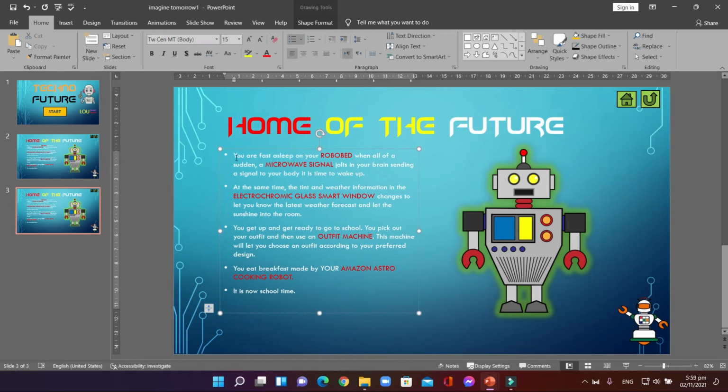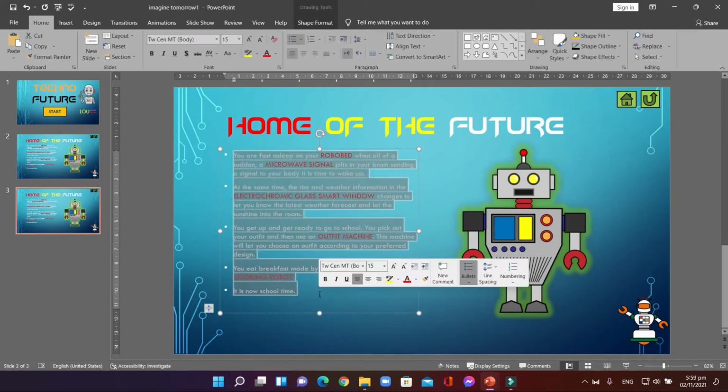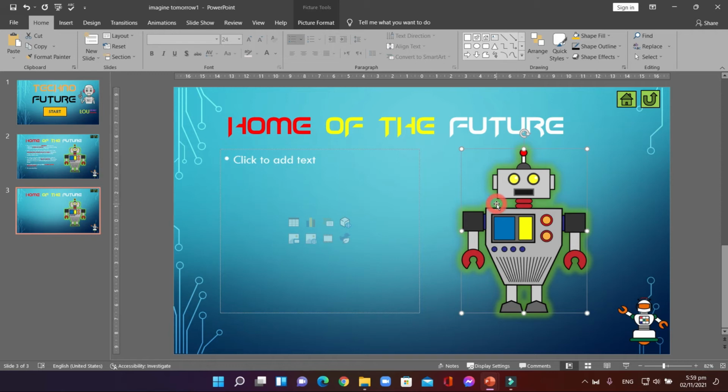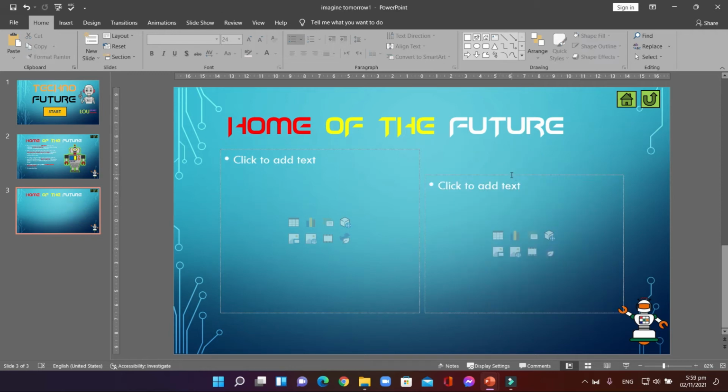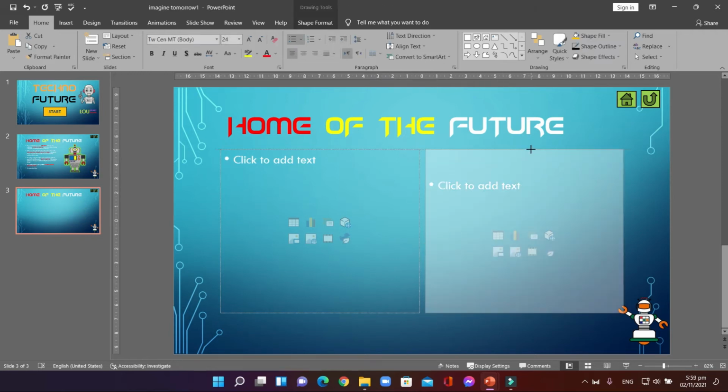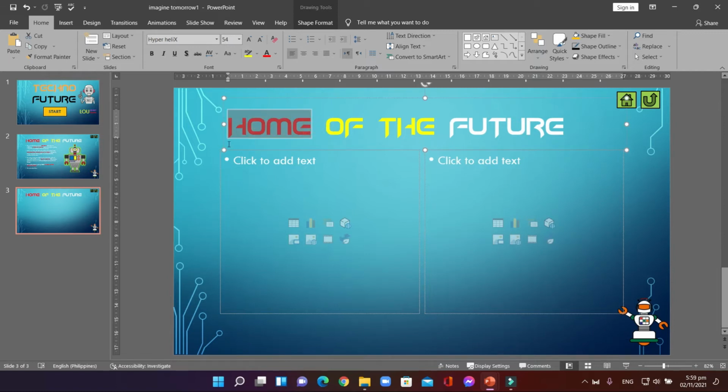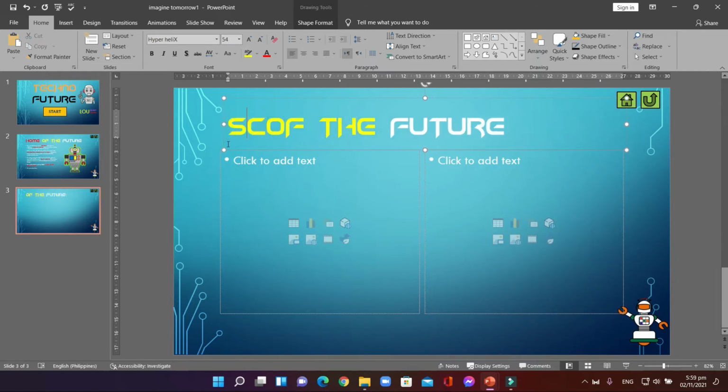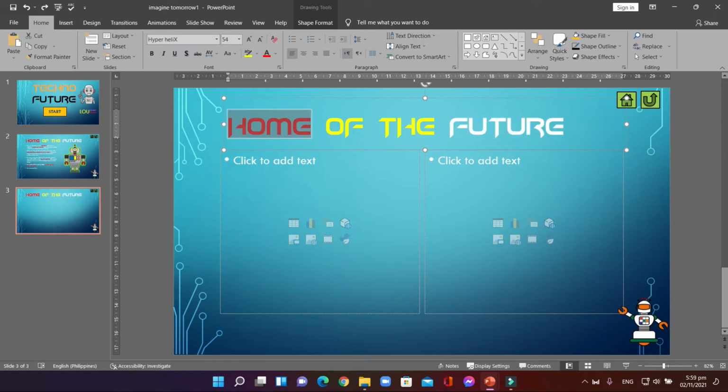So once I duplicated it, all I need to do is delete the story and the robot, and then adjust the content, and then change the home to school. Okay, so school. Okay, School of the Future. Okay, next,